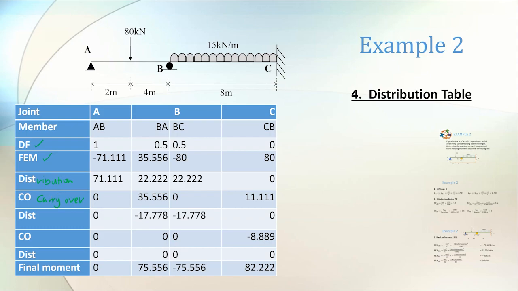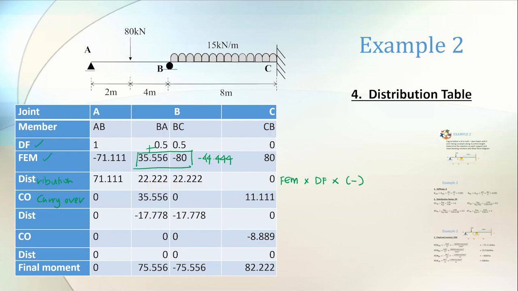For distribution, the formula, as you know, you take FEM, you times with the distribution factor and you darab dengan negative. For member AB, you take the FEM, which is negative 71.111, and you times with the value of DF 1 and you times with negative, so it becomes 71.111 positive. And for member BA, you just take the value of FEM, you plus these two together, negative 44.444. From this value, you just times with the DF of BA, which is 0.5, and times with negative. So here I dapat